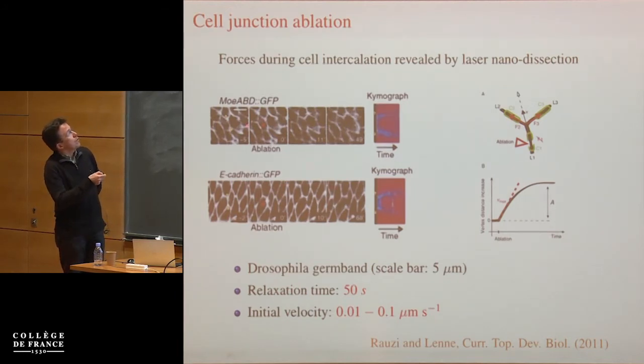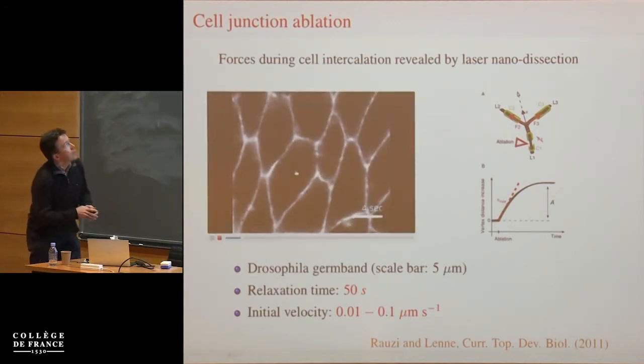So what you see here is the apical surface of Drosophila germband, so a part of the Drosophila embryo. The idea is to use sufficiently strong laser light in order to ablate, to destroy one of the cell junctions. The process is obviously